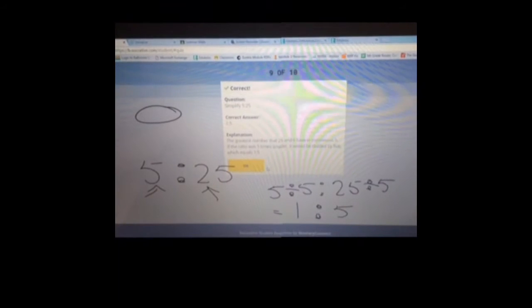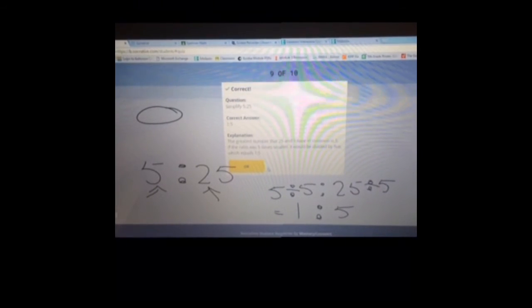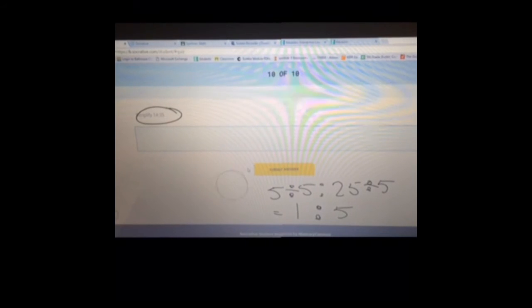We submit that. So anytime we're trying to simplify a fraction, make sure we're looking for the greatest common factor. For this one, we have to find